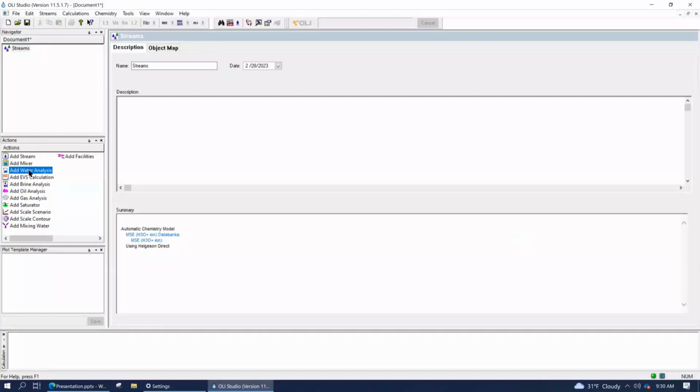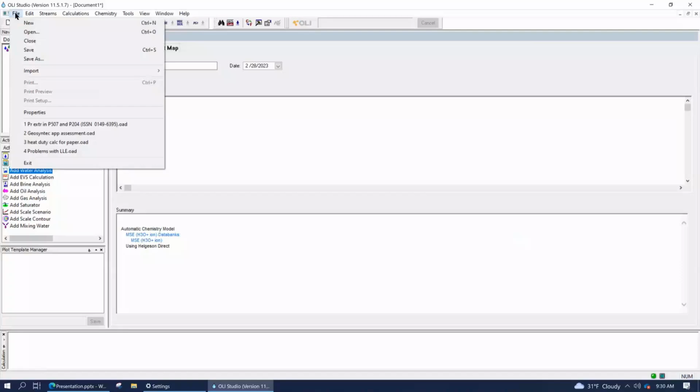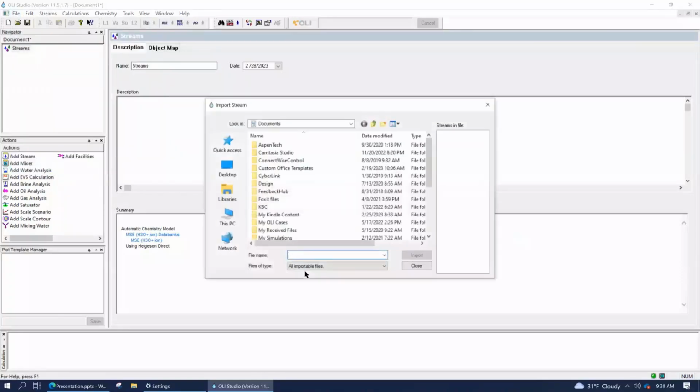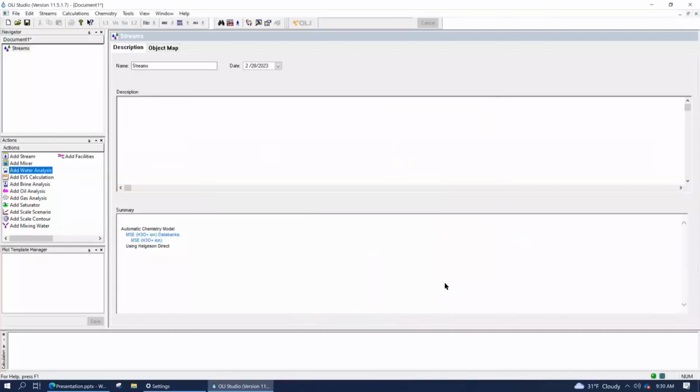Or there's a third way, and the third way is when you import data. You can import data either from OLI's other software that we're not showing today, or you can import data from other software. The two most common are going to be HYSYS and Aspen. So you can take a stream from a HYSYS run, bring it in here, and then operate on that. But if that's not part of your interest, then we don't have to worry about it. We're just going to focus on streams and water analyses as ways of entering information.